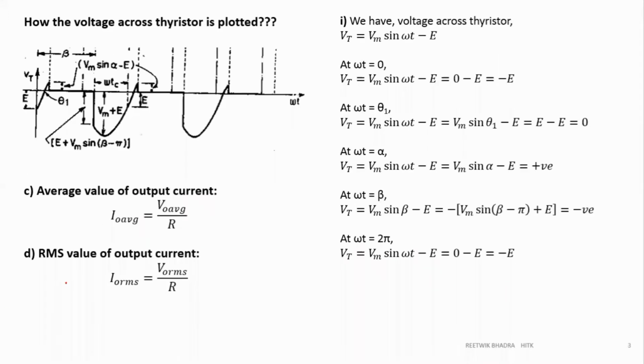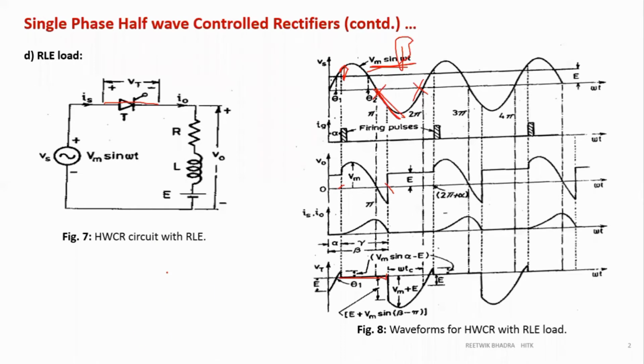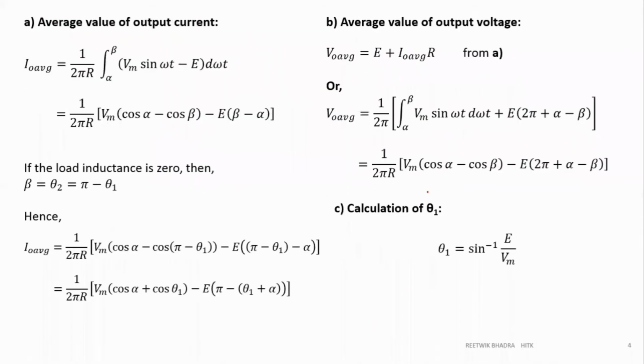Because its integration limits are changing. It has some points from alpha to beta, and at other points it is E. So you have to take care of all the points. Previously, during this point, my value was 0, so we were eliminating those points. Now we can't eliminate that because we have the E value also during the off region. So what will be my integration limit? Alpha to beta, Vm sine omega t minus E. So I naught average, you calculate it like this. You will get this value. This is the actual formula.